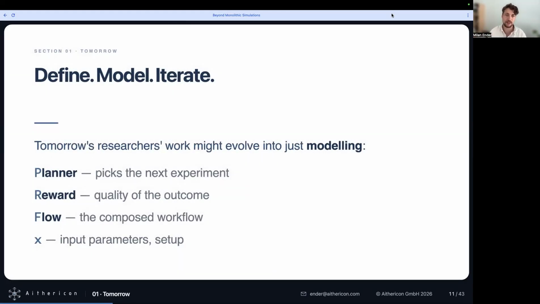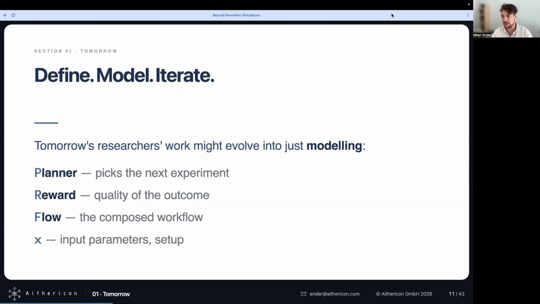So maybe the job of a researcher might evolve into just modeling these four components. It likely isn't everything to the story, but it is a perspective I want to give you today. That we just need to design and define and model these four things.